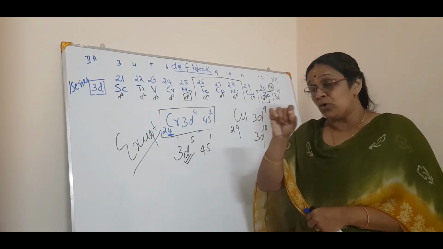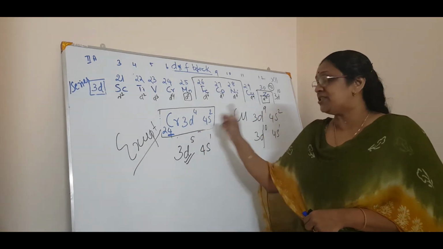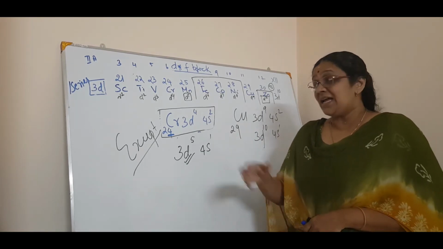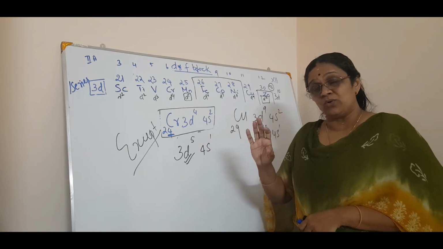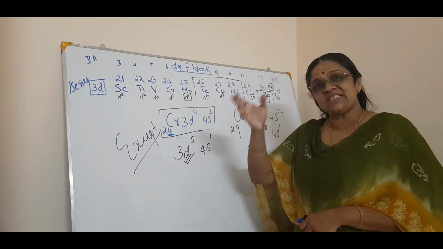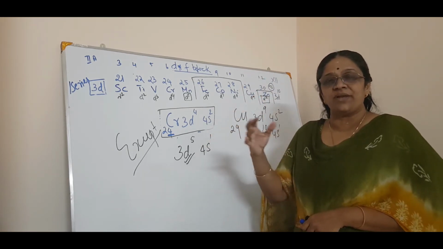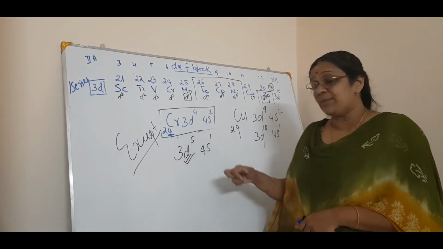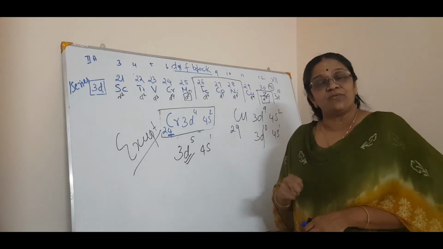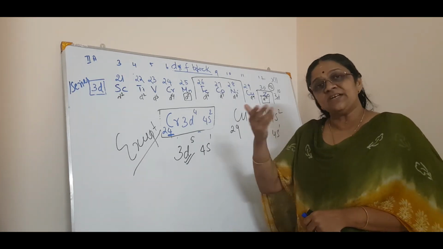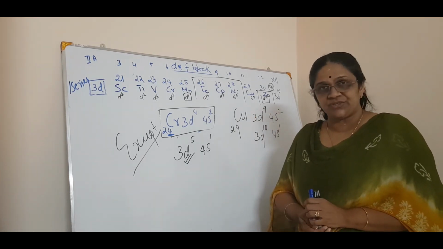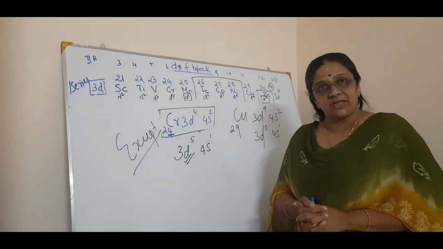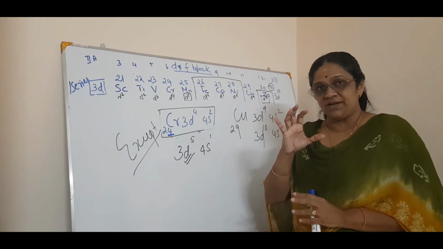And then you noted these two specialities of elements like chromium and copper. Due to this speciality, in the trends like IP, melting point, boiling point, etc., there are variations occurring. Due to the half-filled stability and the full-filled stability of copper and chromium, the physical trends are also getting changed. Okay. So that's all about the electronic configuration. Hope you understood, isn't it?